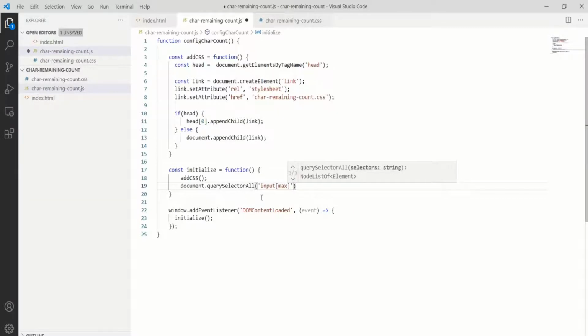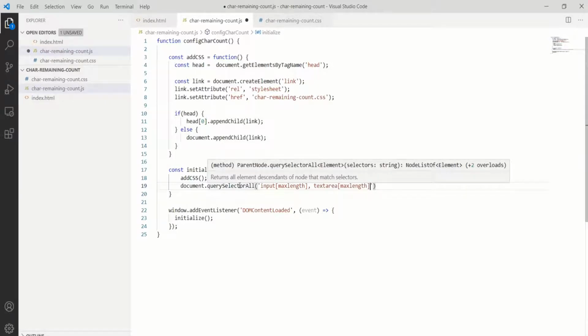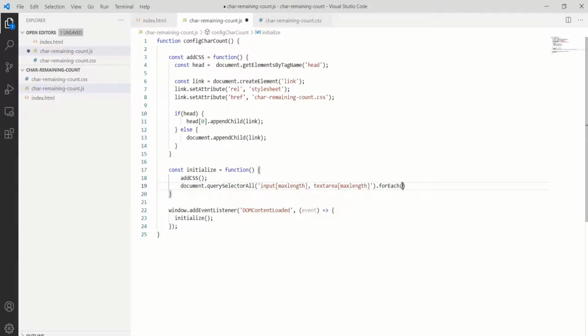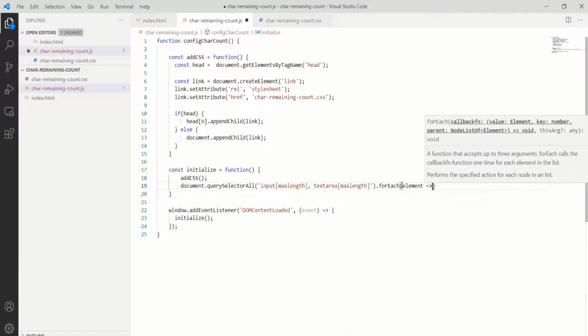So I want all the input fields that have maxlength attribute defined, or I want textarea fields. So we would separate all these selectors by a comma, and then all the textarea fields that have maxlength attribute defined, and this would return an array. So we would run a forEach loop, and for each of the elements